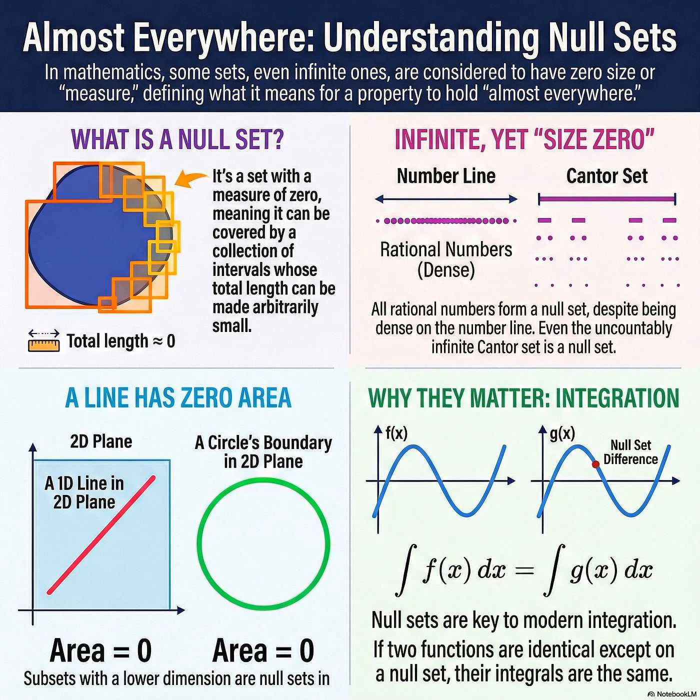Yes. It's an uncountable set. It has way more points than the rationals, but it's still a null set. It's the ultimate example. It's this beautiful construction where you start with the line from 0 to 1, and you just keep removing the open middle third of every piece that's left. So at every step, the total length gets multiplied by 2/3. Exactly. And if you do that infinitely many times, the length approaches 0. It proves that just because something exists, that doesn't guarantee it takes up any space.